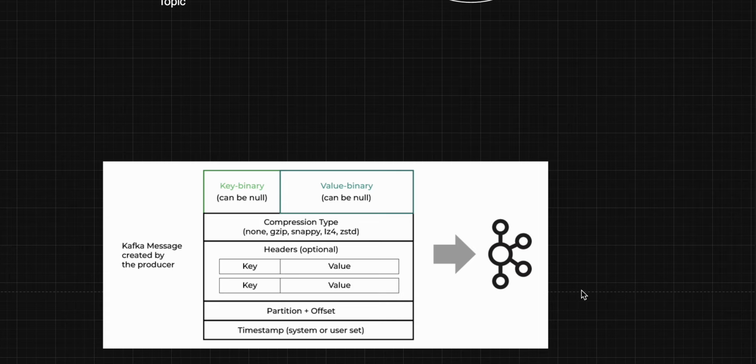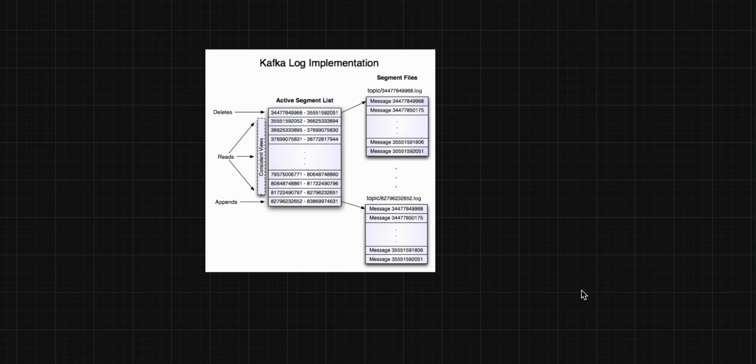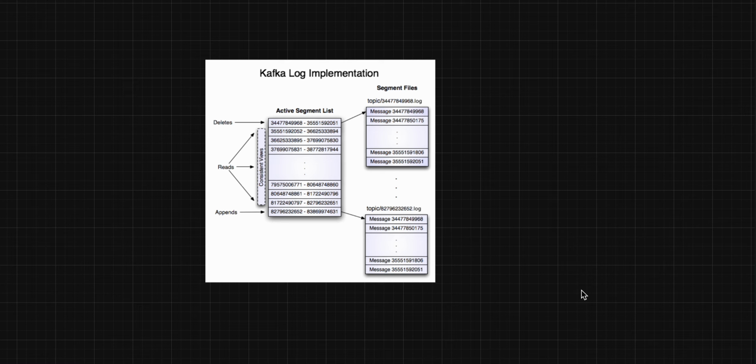Okay, so now, how does Kafka save that message in a file? Kafka saves messages in a file in an append-only mode. Since it is being appended, you must be thinking that the file size keeps on increasing every moment. So how will you manage that?